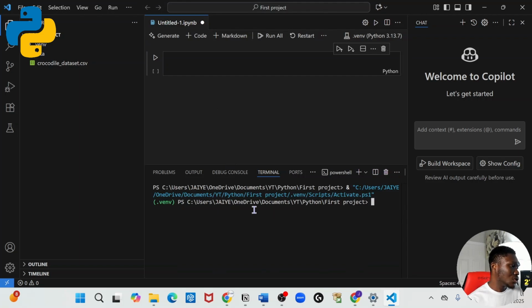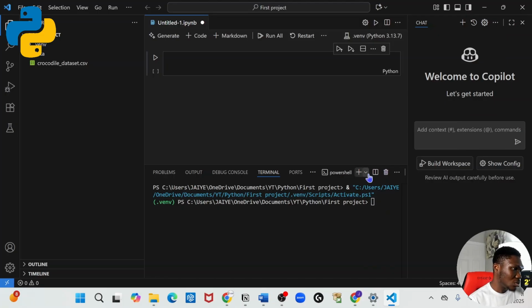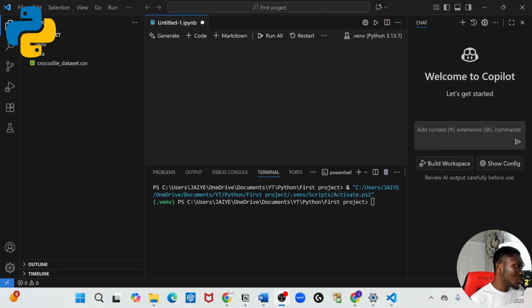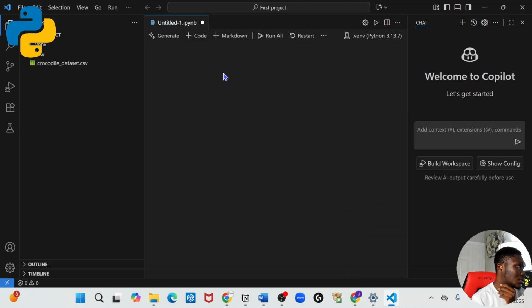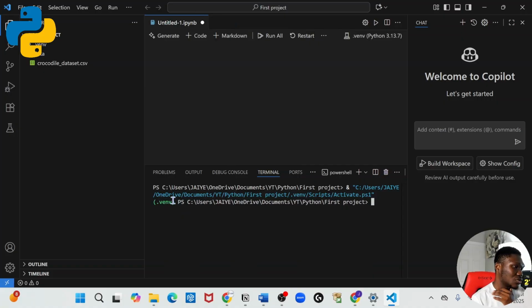So now we want to create a new virtual environment. For me, a virtual environment has been created already, but I want to exit out of it. This is one way. I will just click on or try to click on this drop down, and change this to PowerShell. If you create a new terminal, we see that right here for me a virtual environment has been created already, and I could try to create a new one. I could try to kill the terminal, but let's use the same. So this shows virtual environment created, but for you, if it's not showing, I'm going to show you how to get this. So right here I need to install